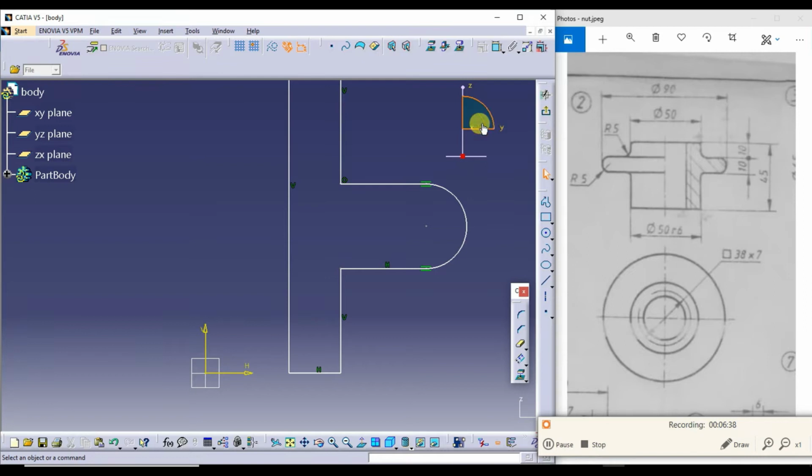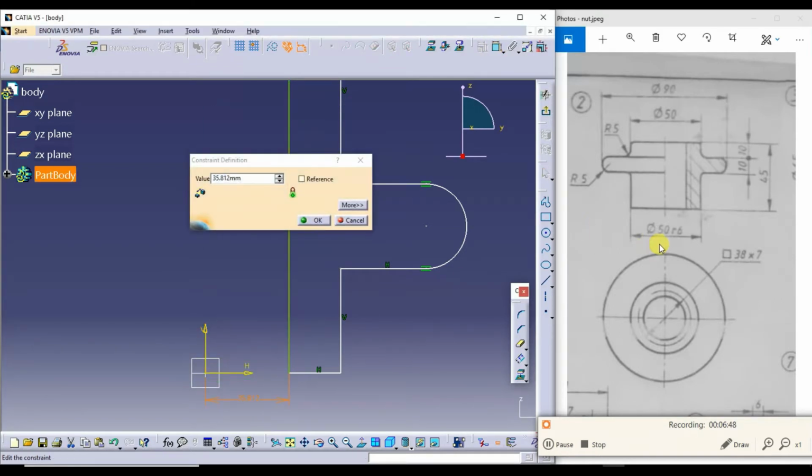Then here you do the dimensioning for this sketch. So from here to here, I'll take it as a minor diameter. I'm taking it as a 31. 31 half is 15.5. 31 divided by 2.